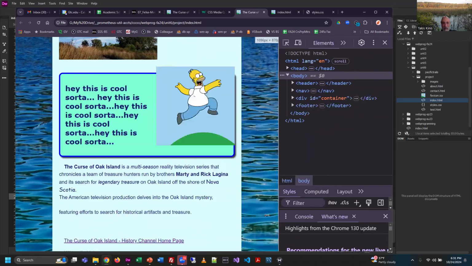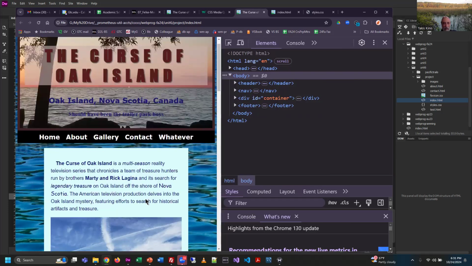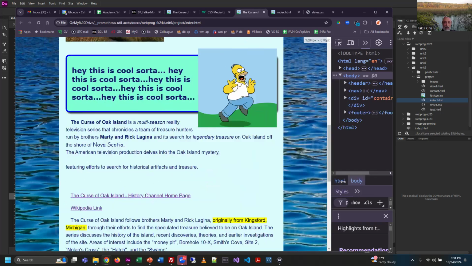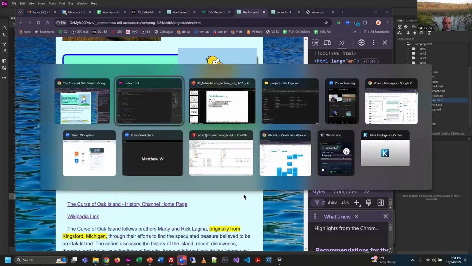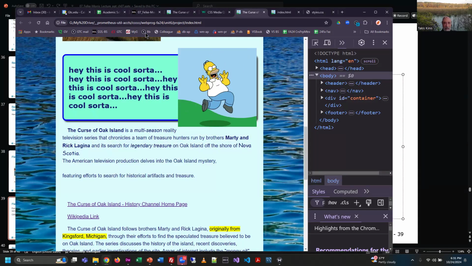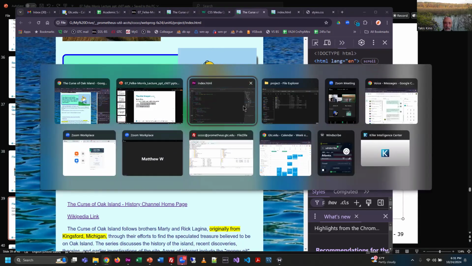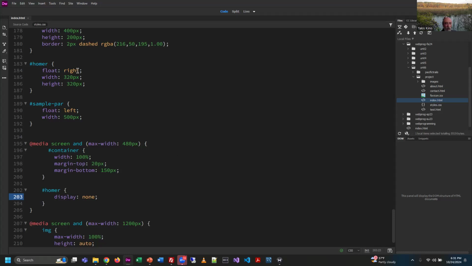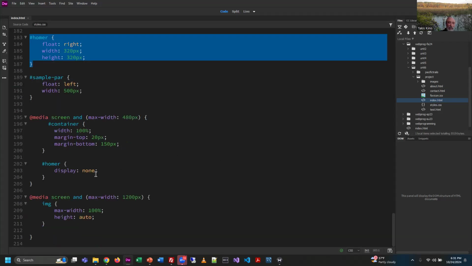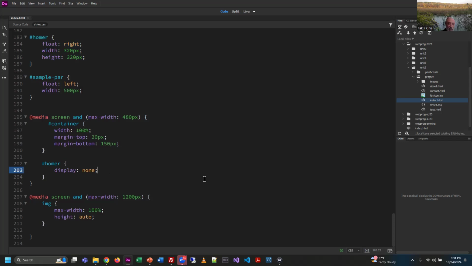I'm not sure why Homer is floating like that. Are we on the about page or something? No, whatever. Oh, I think I know why, right? Why is Homer sitting on top of that other thing? Because if you recall, we had told Homer to float right. So I already had a float right on Homer. So I should probably also, and maybe here,